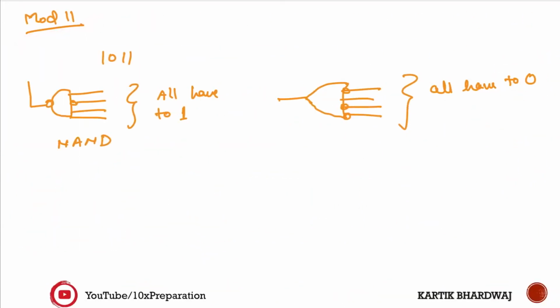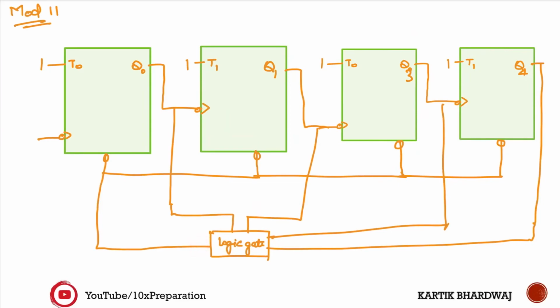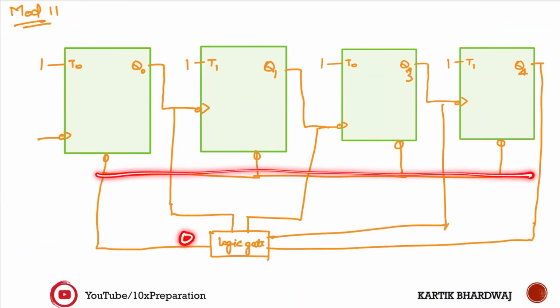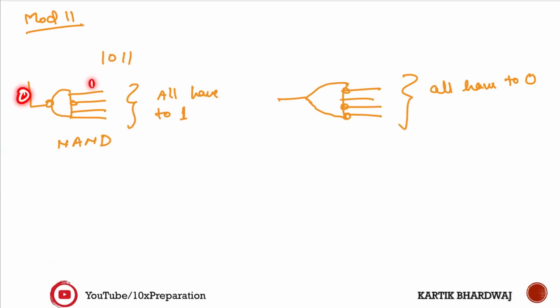All right, this is the mod 11, so what will you have to do? If you use a NAND gate, when will the NAND gate give 0? When whatever the inputs coming from the back side are all 1, then this will provide 0. If any one of them gets 0, this is going to be 1, and this will be reset only when this output is going to be 0. So to make this output 0, we have to make all of them 1 1 1. In this way you can design. So how will you make it? This is 1 0 1 1. In this way you can design.